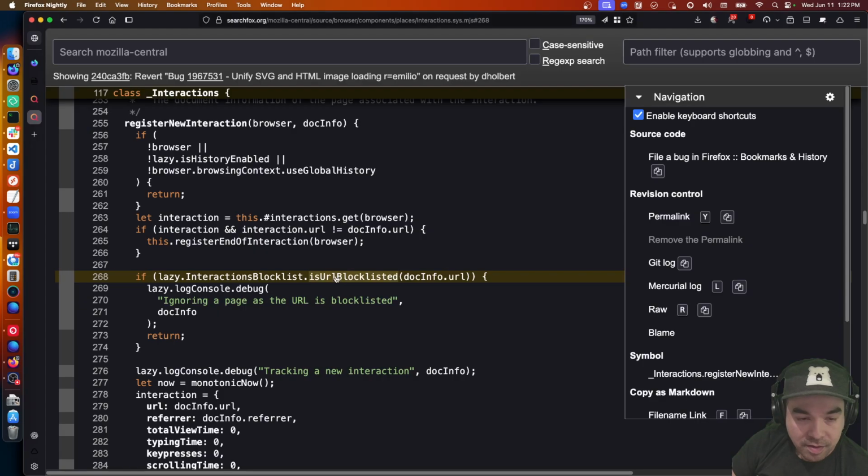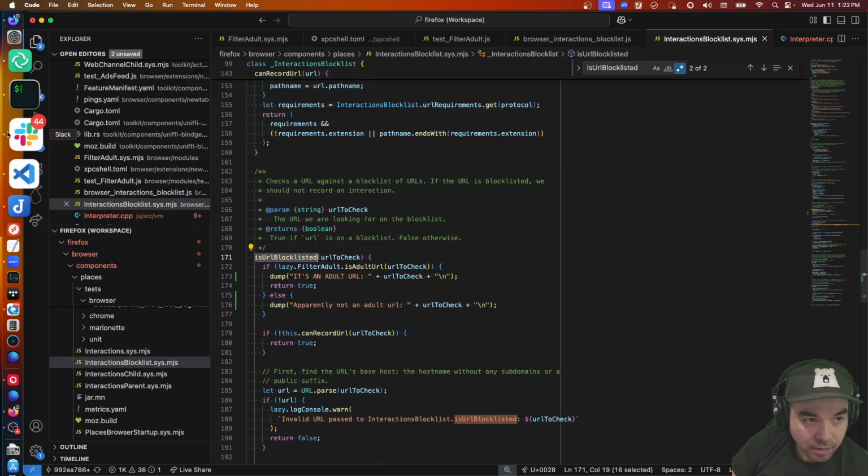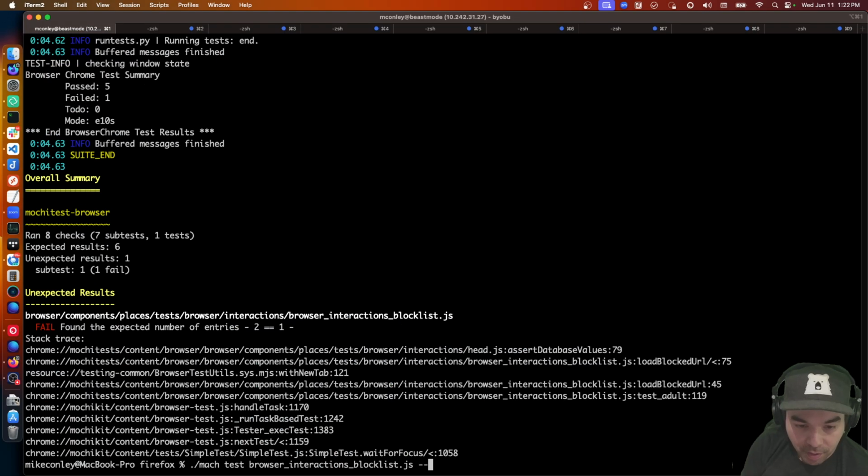Let's set up a breakpoint here. What we're going to do is run the JS debugger. Yeah, let's do that.